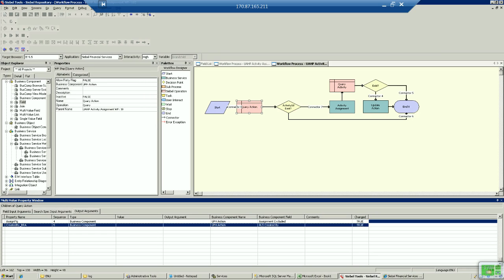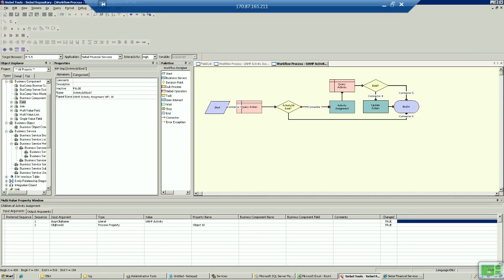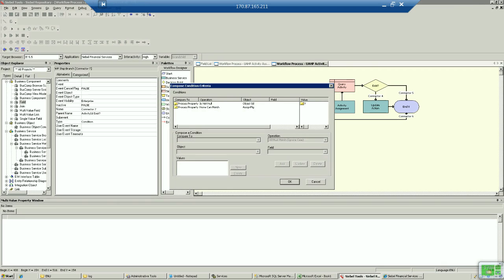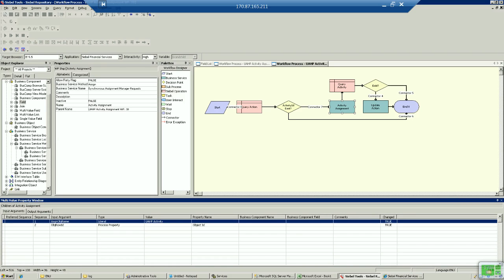So what it does is, when it comes to this step, it will see whether the assignment excluded flag is Y for that particular activity record. If it is Y, it will exit and go to the end. If the assignment excluded flag is no, it will make the assignment. And then